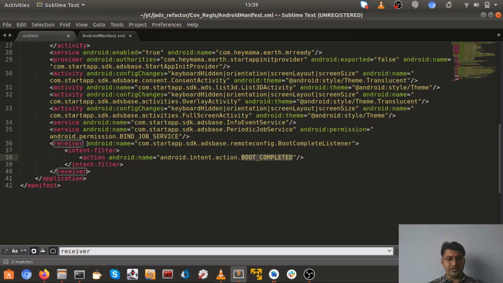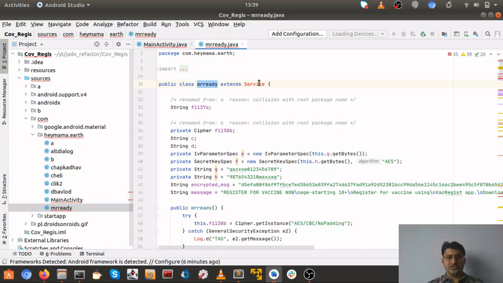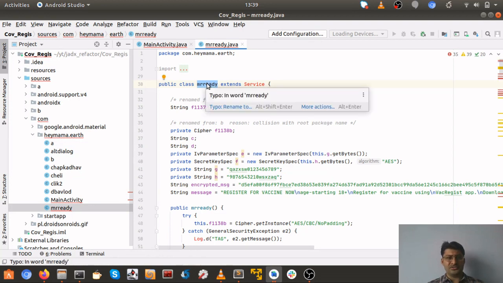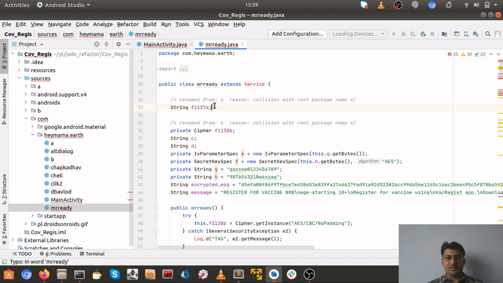But again, this is basically the class that is initiated when the device is rebooted. So nowhere is MRReady being used or called. So this is basically a dead app, or I can say dead malware, which is not functional. Maybe the Android malware developer was trying a few things, and this was one of the dummy apps he was trying to use.